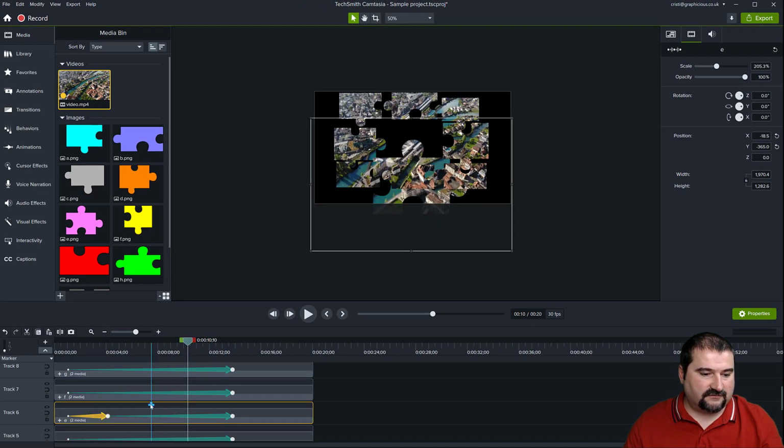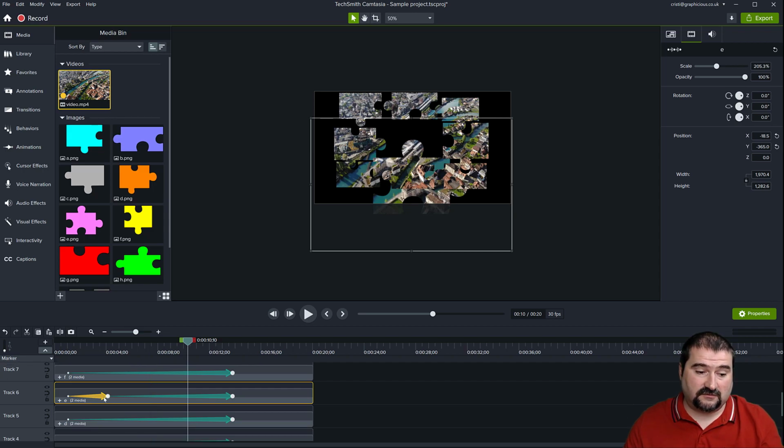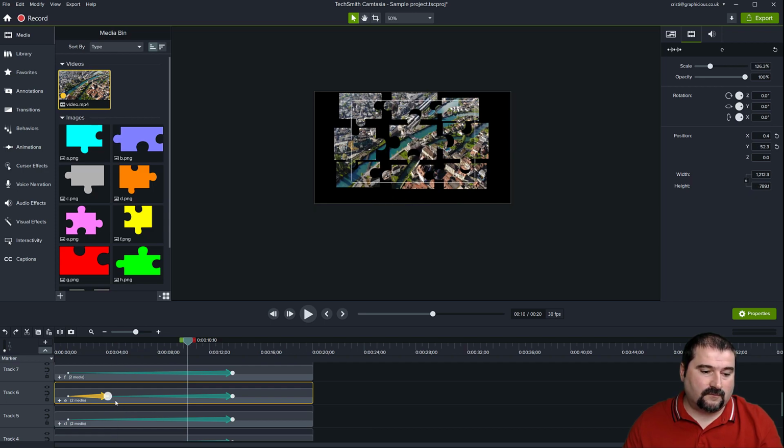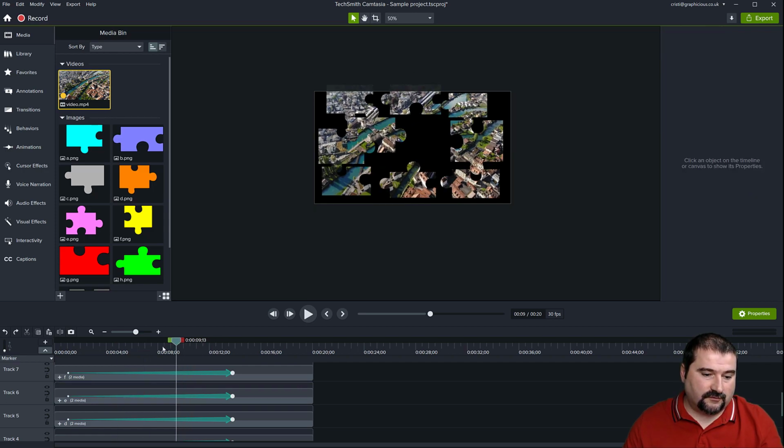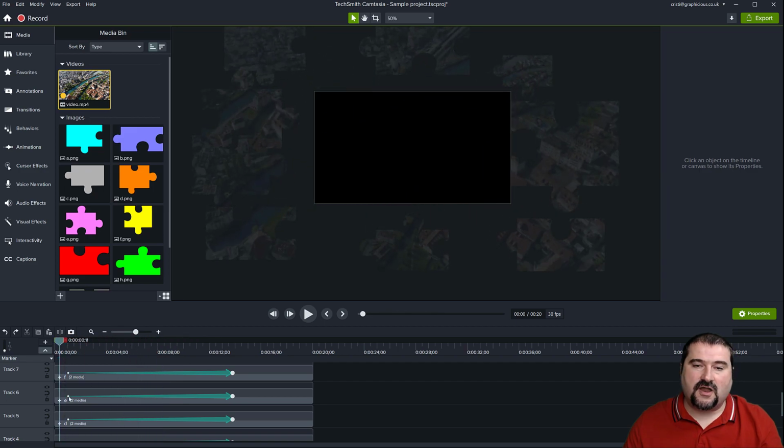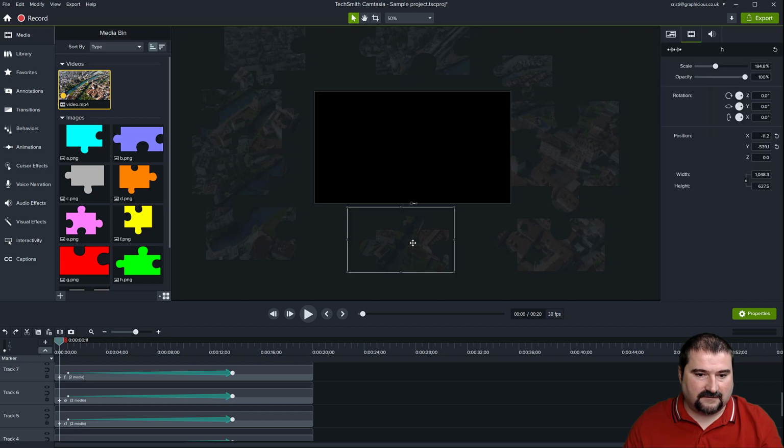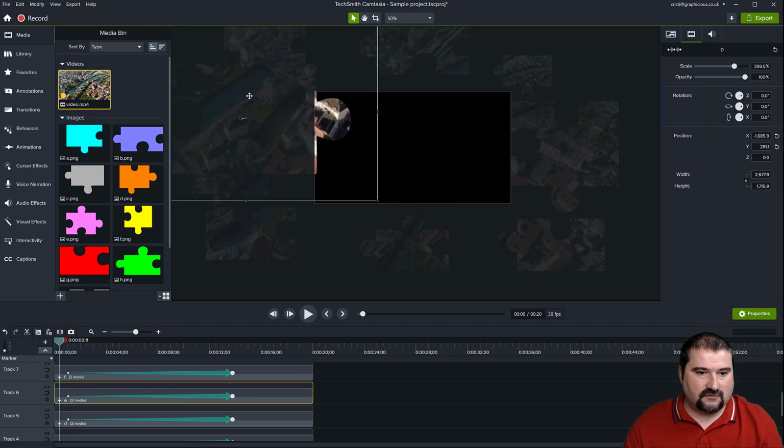I may have inadvertently, this is the mistake you need to watch out for, created an animation point because I did not move my playhead. So undo, move your playhead to the start so you're not creating frames by mistake, and only then you can pick whatever you want and just go crazy with it.